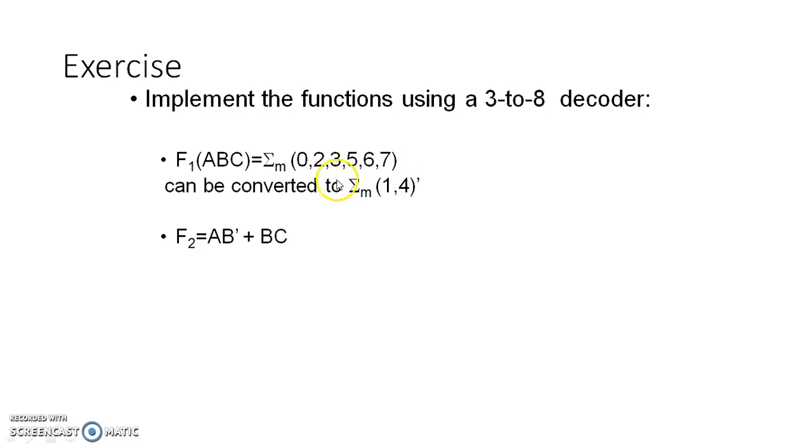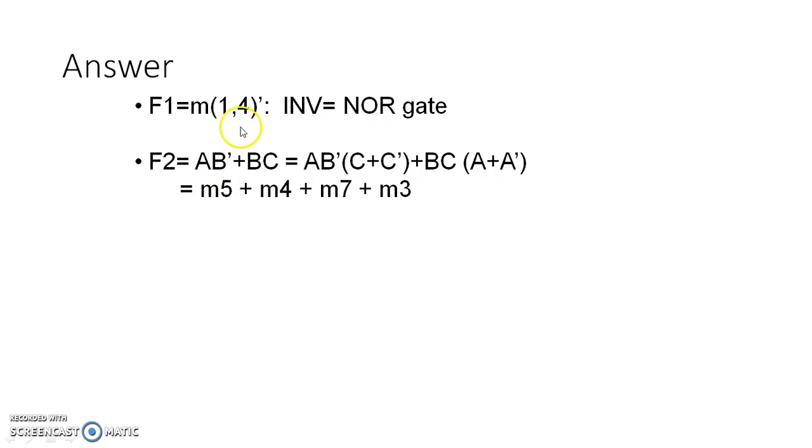So I will use this. This is equivalent to sigma minterm of 1, 4 the whole dash. It is easy, as it will give me only 2 inputs for the gate. So here I have to use an OR gate followed by an inverter. I have shown that in the next slide. Then one more function is AB dash plus BC. This has to be converted into the standard form. I have shown this here. F1 equal to M of 1, 4 the whole dash. So use the inverter, that is the NOR gate, and construct this. It will take only 2 inputs. So we are doing the optimal design.